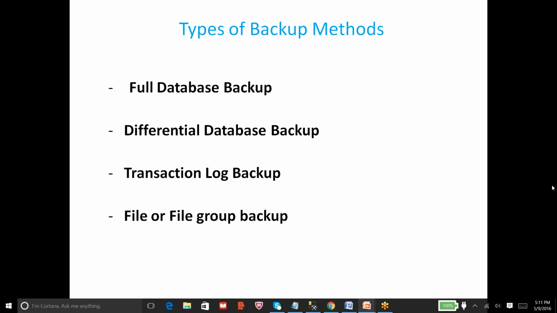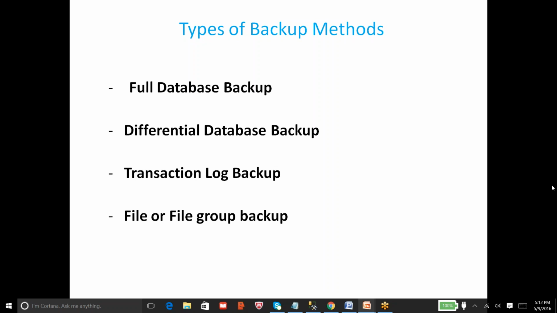At 2 p.m. on the same day, when you take the second differential backup, maybe the users updated another 200 MB of data from 9 a.m. to 2 p.m., those four or five hours in between. So the second differential backup would be around 300 MB. So overall, the differential backups are cumulative. They keep on increasing, and it depends upon the data that got changed on your database.